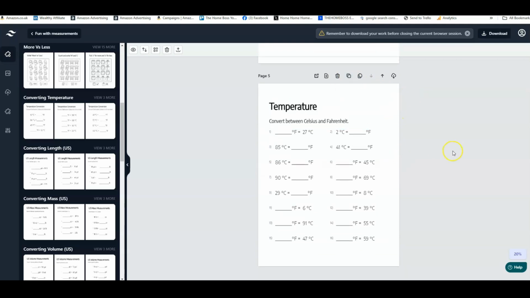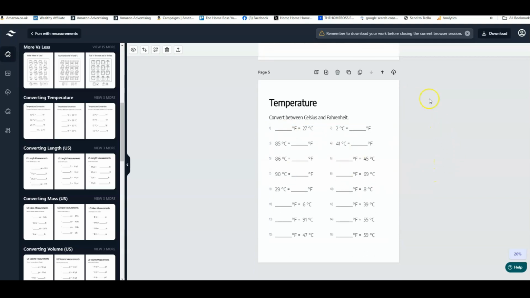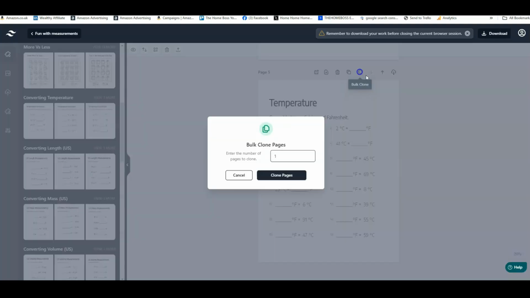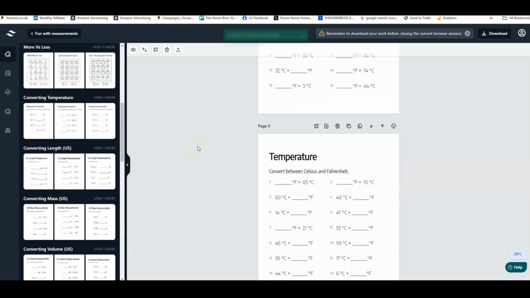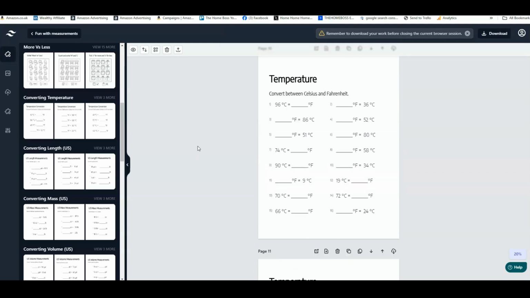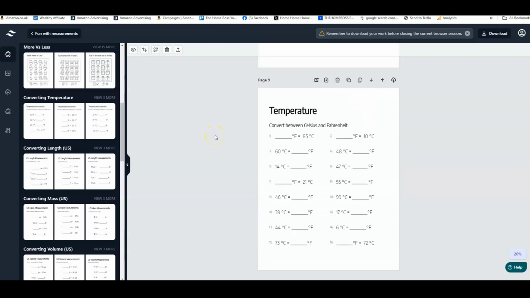And you've got another different page to this one, so with a different set of figures, or you could bulk clone it and then you type in how many pages you want, and they'll all be different pages. So you can have a whole book created at the click of a button if you were to create a book with the same kind of